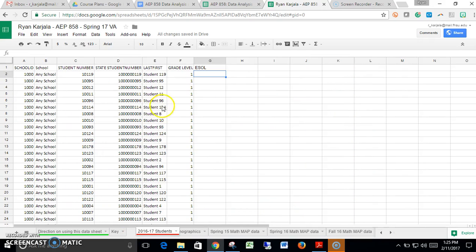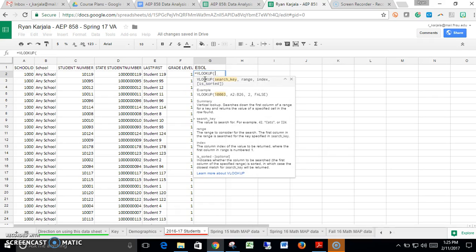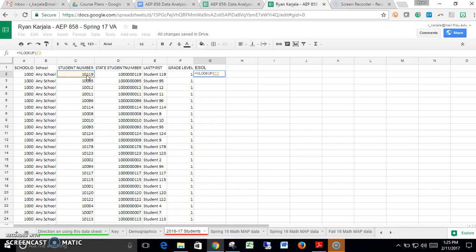So vertical lookup, here's how it works. You click in your first cell, you do equals, and type in VLOOKUP, and you'll notice that VLOOKUP pops up. Click on it and you get this little pop-up window. The first one is your search key. That's what I'm going to look for. So I'm going to look for the student number. So I got the student number, I hit a comma,